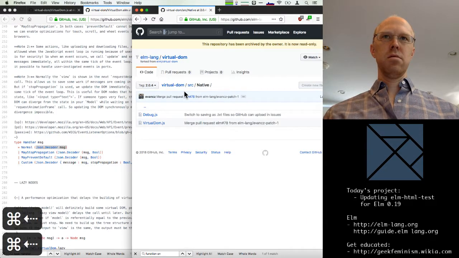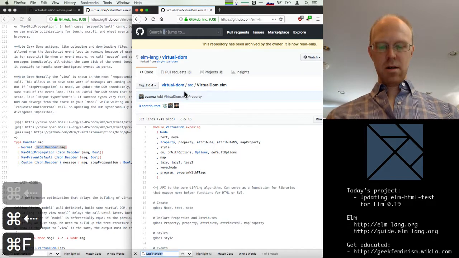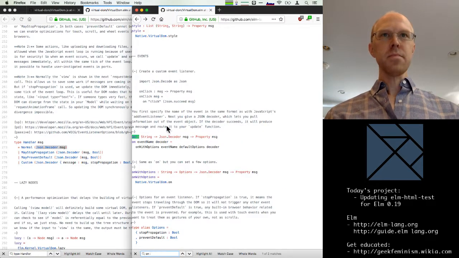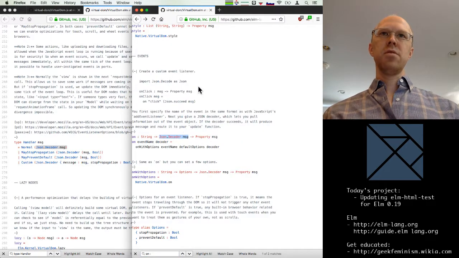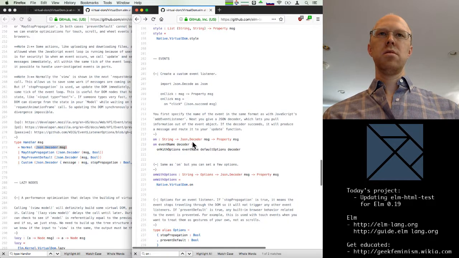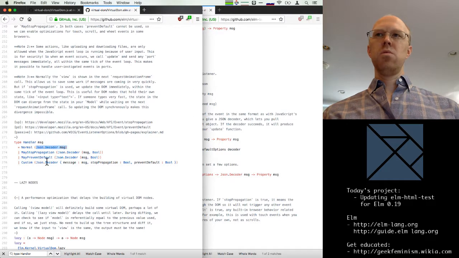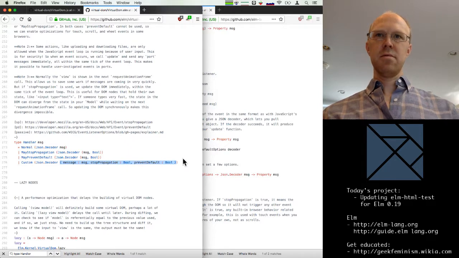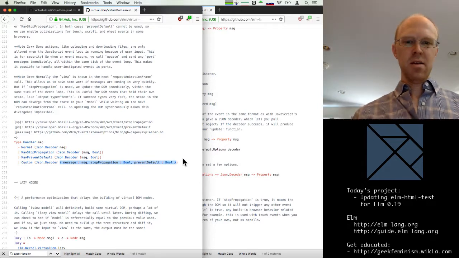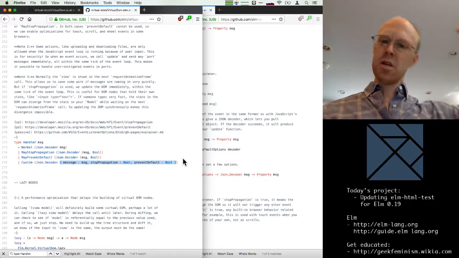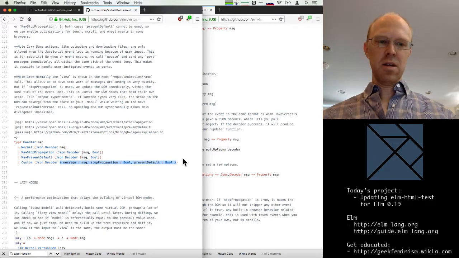If we go back here. Yeah, okay. So that function returns a decoder of message. So that's good. But what I want to do is go in and change it to instead return a decoder of this type, and then we can deal with stripping the stuff out that we don't need on the Elm side.